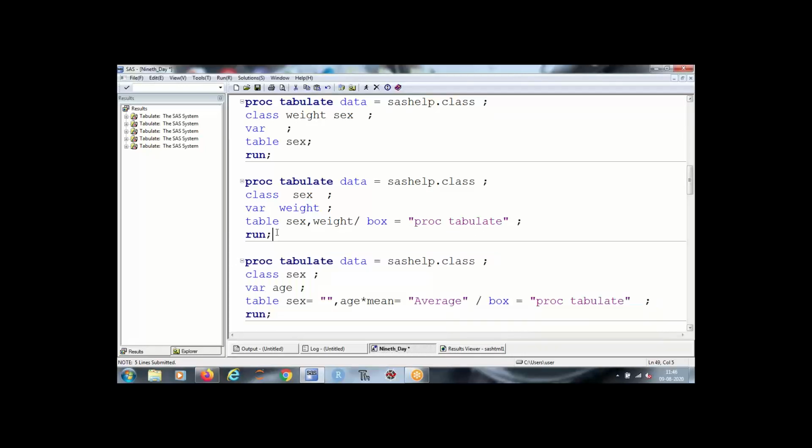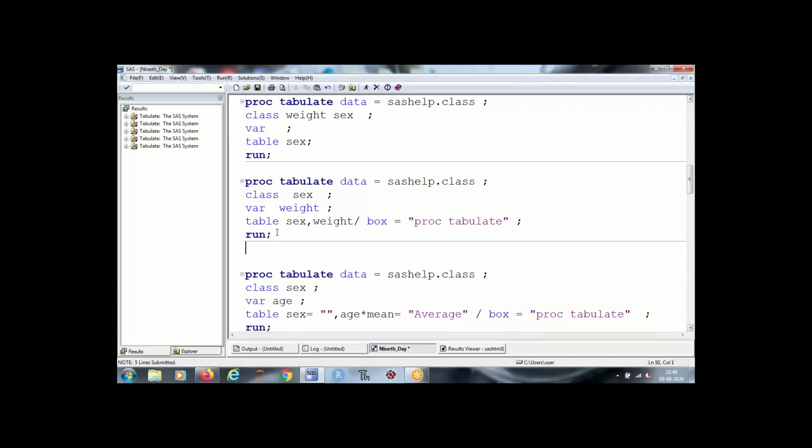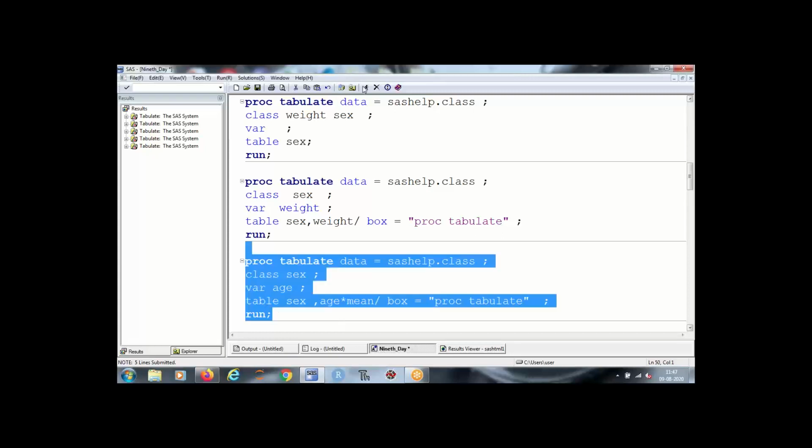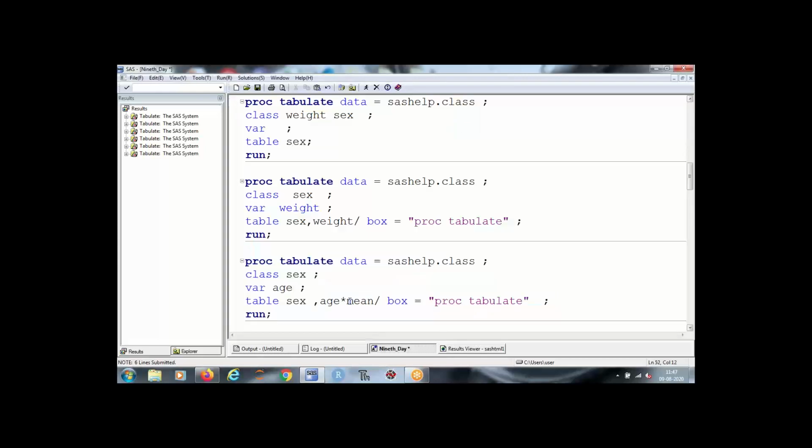So in place of sum, now this is showing me mean, right? Because I have used the mean keyword. Apart from sum, I can get different statistics from my variable.